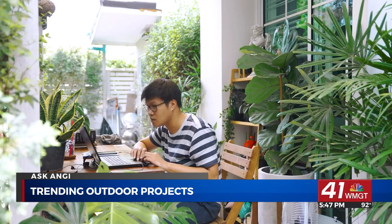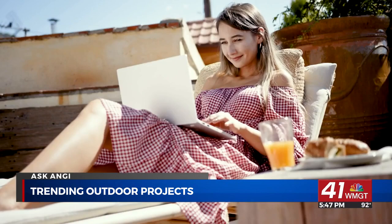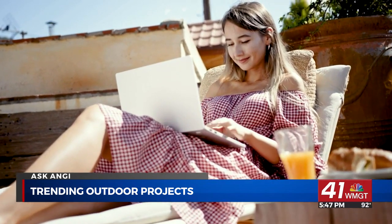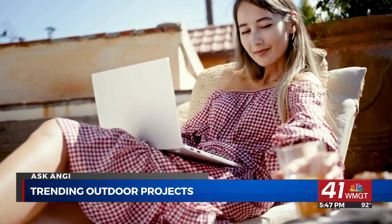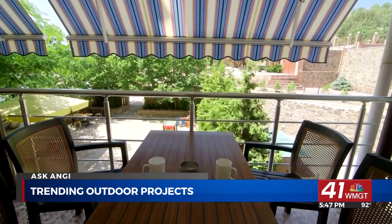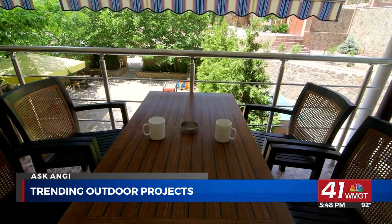This summer, we're seeing a lot of people take advantage of their outdoor space during work hours. Create the perfect outdoor office by setting up a comfortable space. Find a covered area in your backyard or talk to a pro about installing a covering like a retractable roof. Choose an outdoor office table and chair that is a comfortable height for you to sit in for long periods